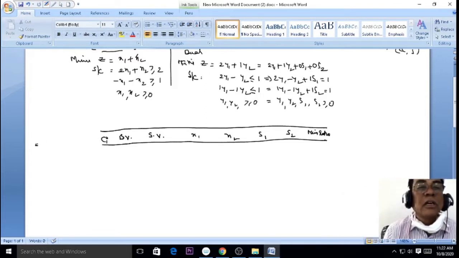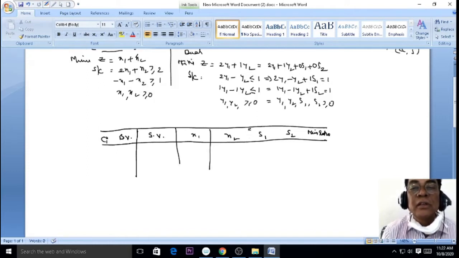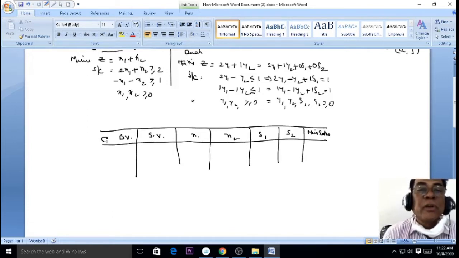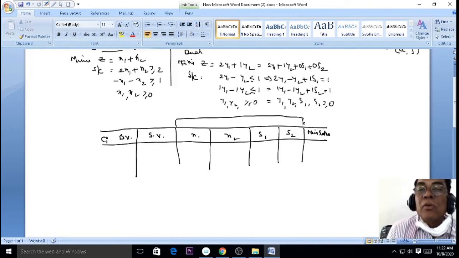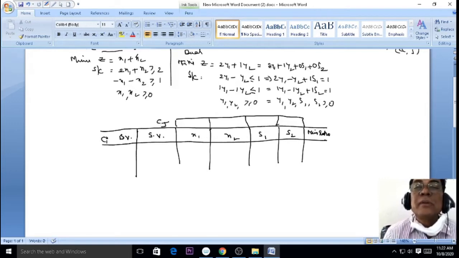Now take this column. Please draw this column. It is one column. This is another column, another column, like this. So this is a fundamental point. Already you know, because we already solved a number of problems. Now please draw this top row of values like this. This is Cj. Understand? Cj means top values, the objective function.